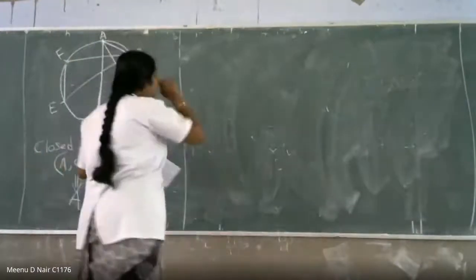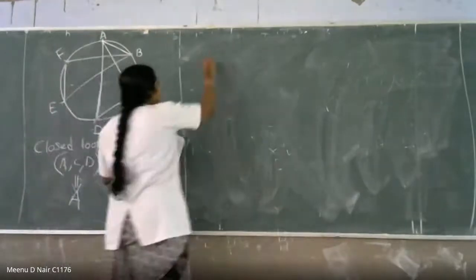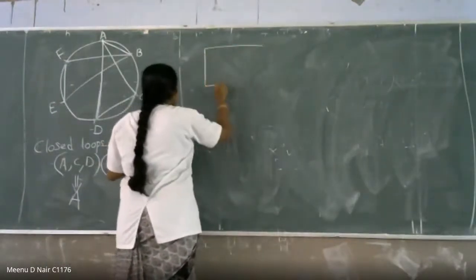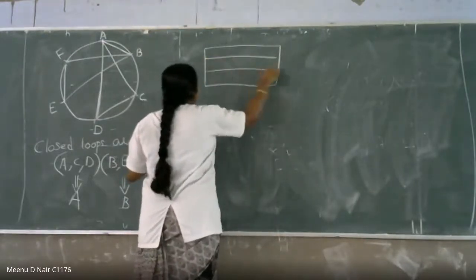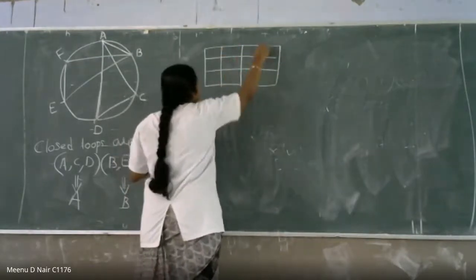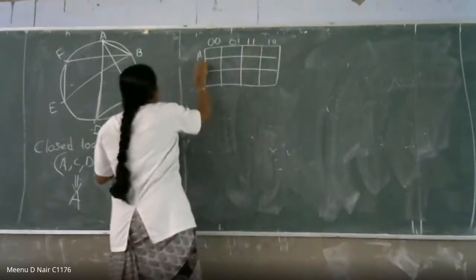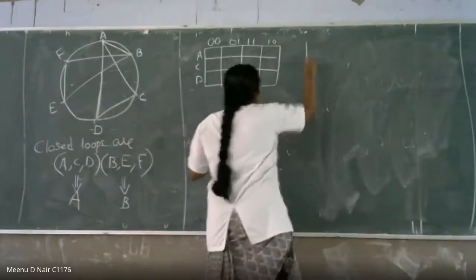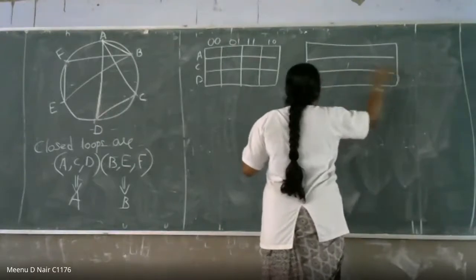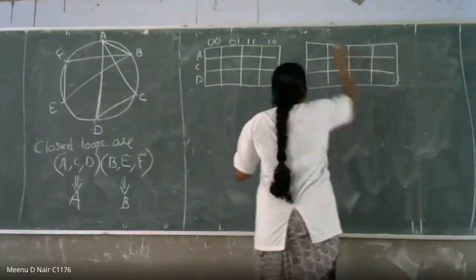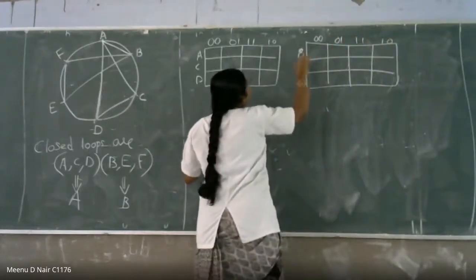Okay. So we are splitting the primitive flow table into two. First one is for A, C, D. Only A, C, D we were writing as the same, no? So we are putting it for A, C, D. I'll finish it within 5 minutes. So this is 0, 0, 0, 1, 1, 1, 1, 0. This is A, C, D. Similarly, you are splitting B, E, F in a single table. This is 0, 0, 0, 1, 1, 1, 1, 0. This is B, E, F.